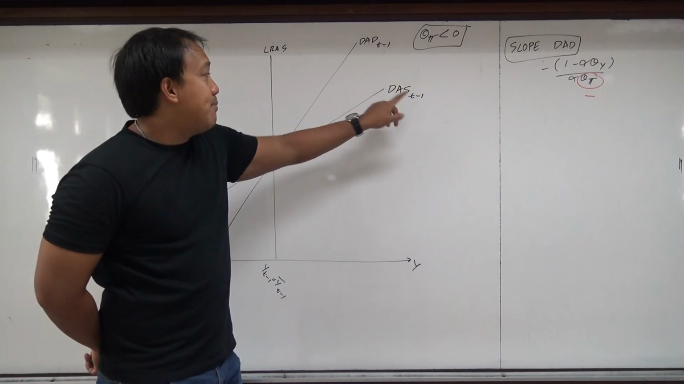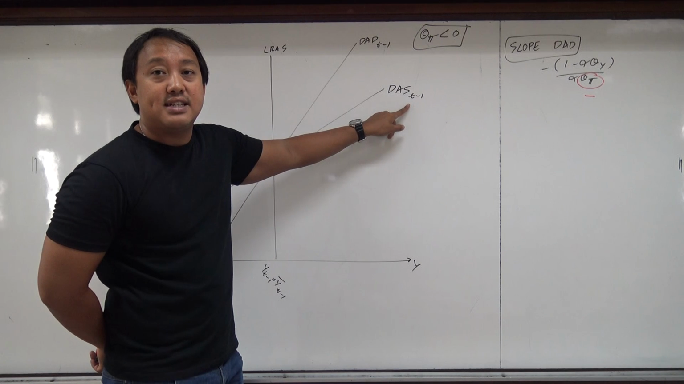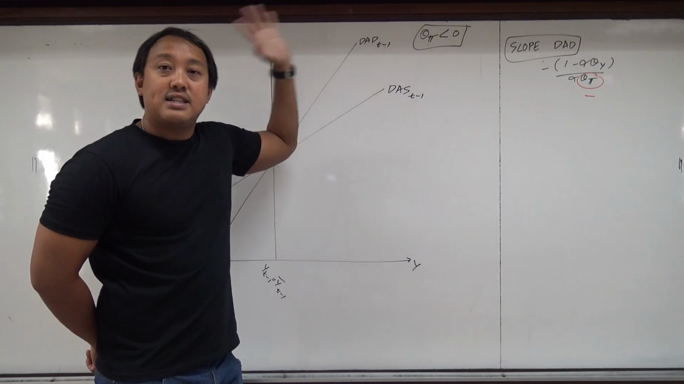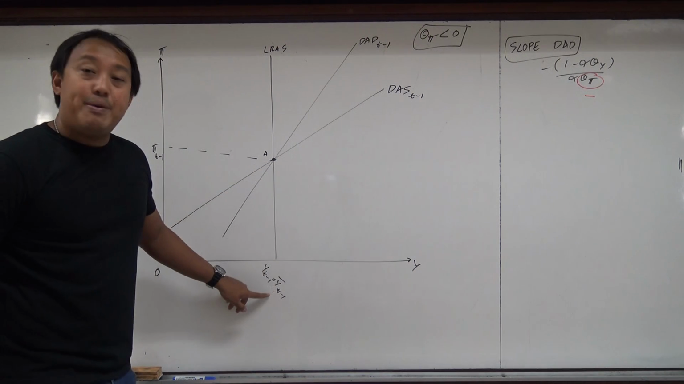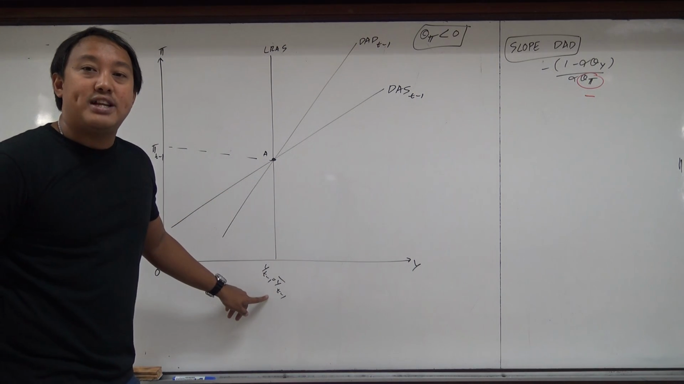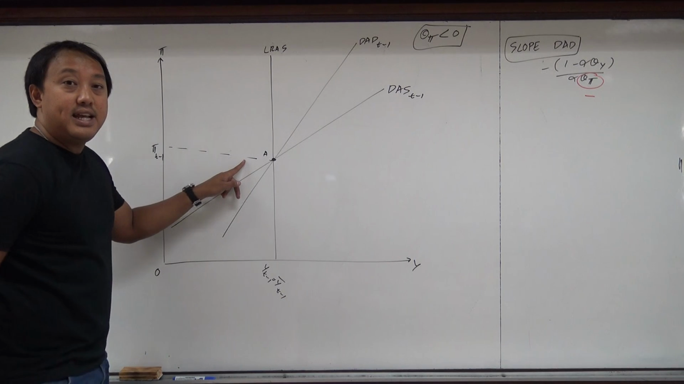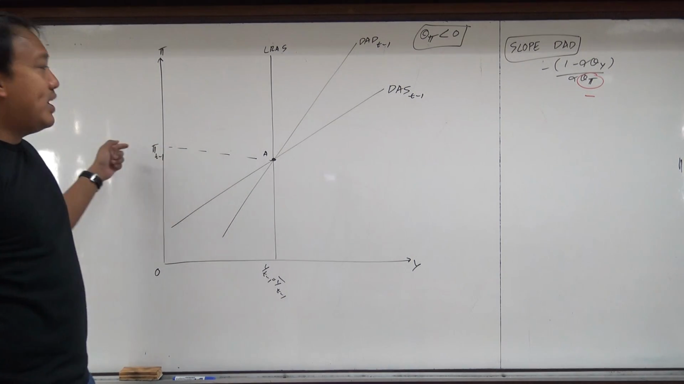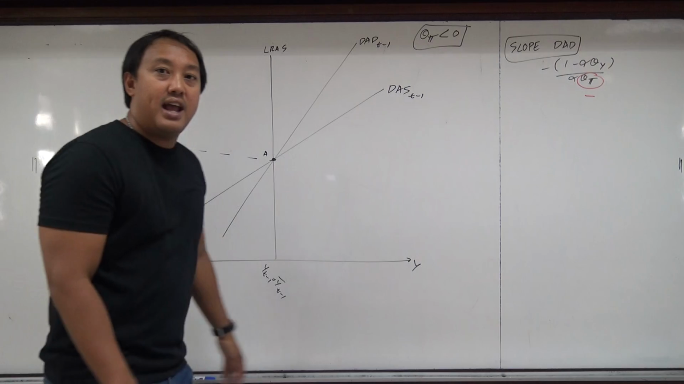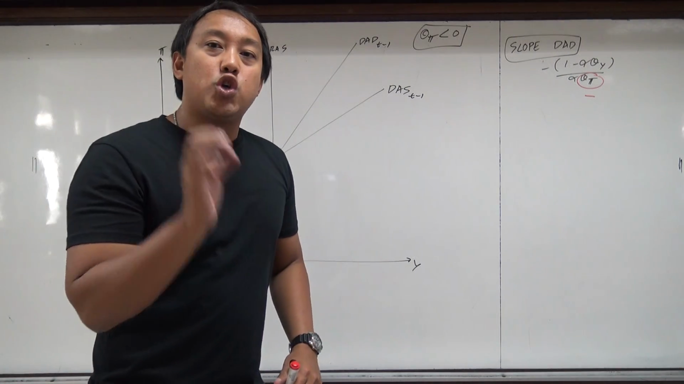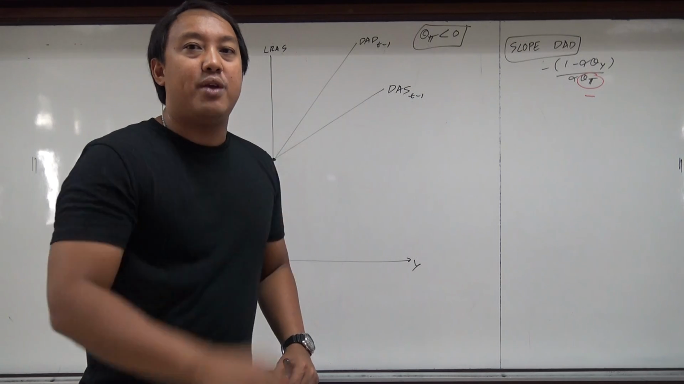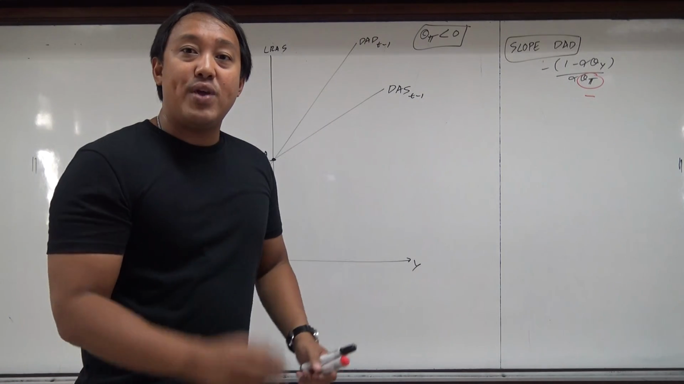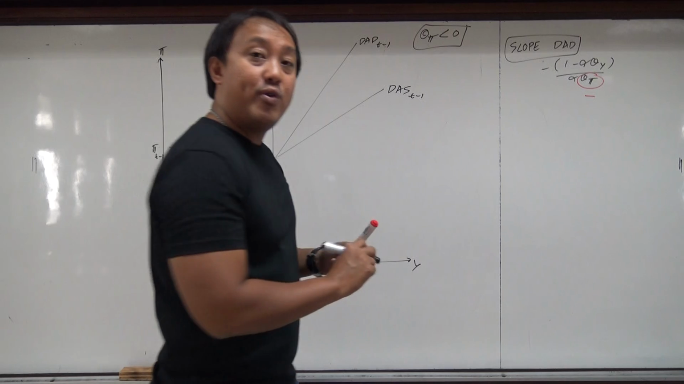Yesterday, time t minus 1, everything is good. DAS is here, DAD is here. Yesterday, time t minus 1, our equilibrium stays at point A. GDP is good, Y_{t-1} equals Y_{t-1} bar. Inflation, pi_{t-1}, is here. Everything is perfect yesterday. If I assume that we have a positive demand shock for only one period,